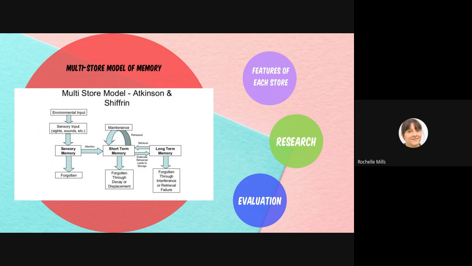So the diagram that you see in front of you is a really good diagram, but you wouldn't get full marks for that diagram, because you also need to state the coding, capacity and duration of each of the stores when you are describing the multi-store model of memory. So if you take that diagram and you combine it with the next part, which we're going to look at, which is the features of each store, then that would be a really good